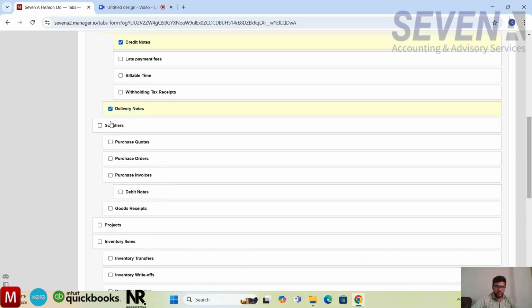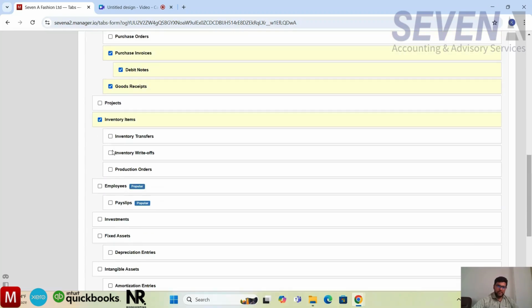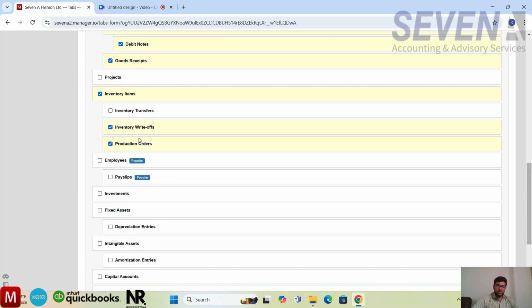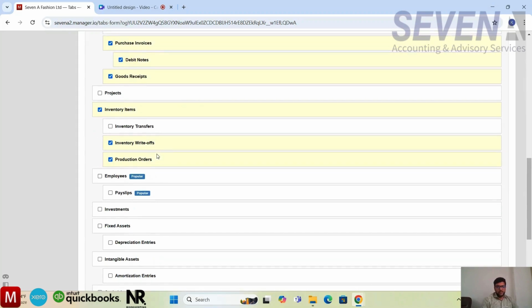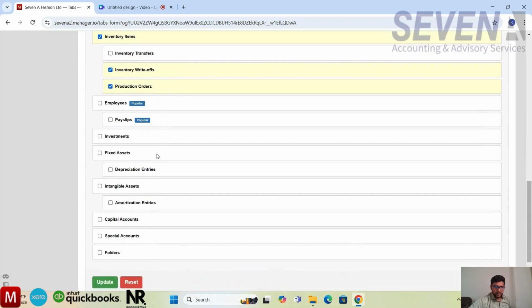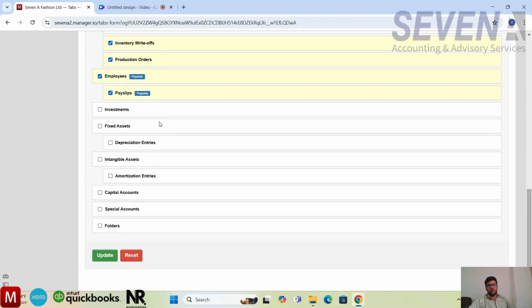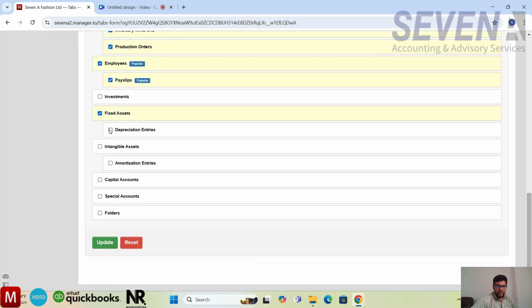So delivery notes are used for your customer while delivering the products and goods, and inventory items and production. Of course, inventory and production are essential for your business, especially for a manufacturing company. So inventory and production, we will tab the inventory and production tab. Employees, you can use payslip to pay your employees or salary, pay the salary to the staff. And fixed asset depreciation,